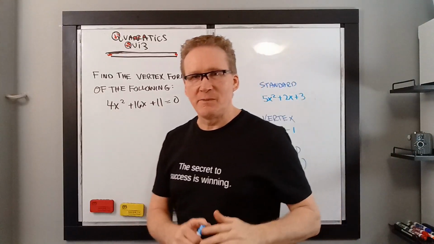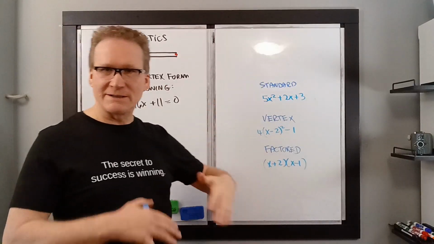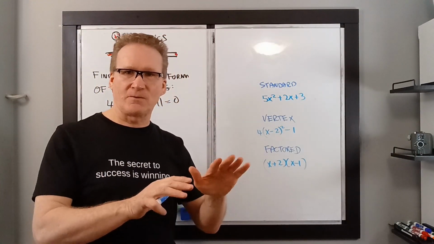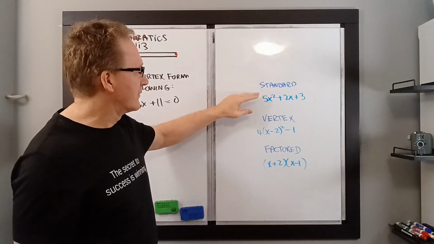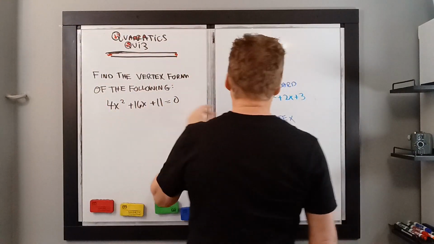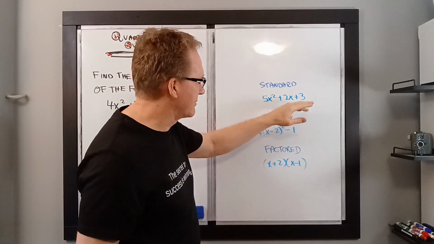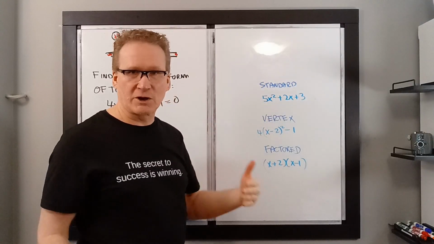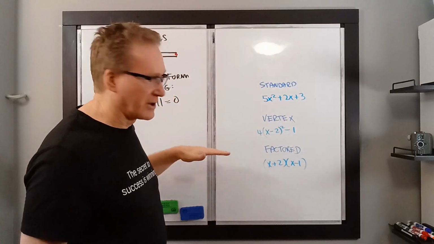Remember, there's three basic forms that we're going to find our quadratic equations in. They all contain the same information, but the different forms allow us to extract some information very easily. The standard form, which is what this is, is something x squared plus something x plus just a number. We can often use the quadratic equation for that to help us find the places where it hits the